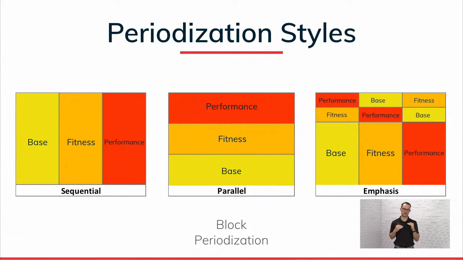The parallel concept would be, well, I'm going to work on all 3 things at the same time. So this is maybe 3 training sessions within the course of a week. So this is more of an advanced technique and maybe more of a maintenance-based type of technique or concept. So maybe, again, 3 training sessions per week. I have a strength, a power, and a hypertrophy session, or I have a low, a moderate, and a high-intensity training session over the course of the week.